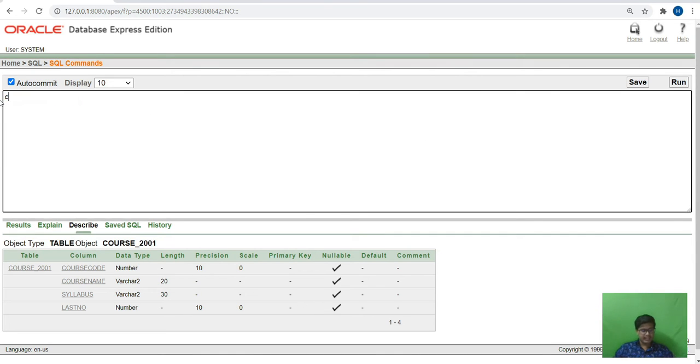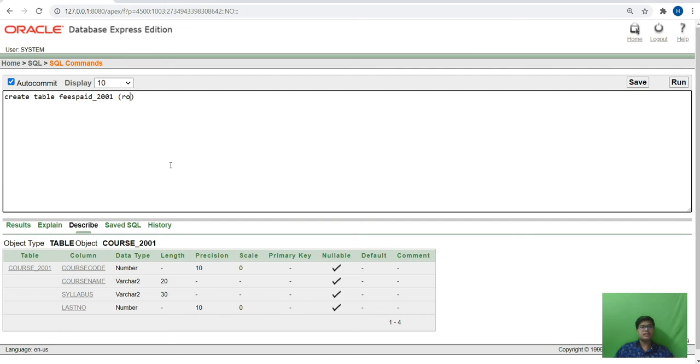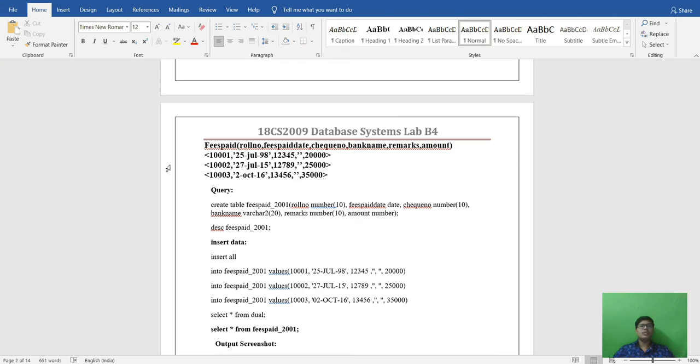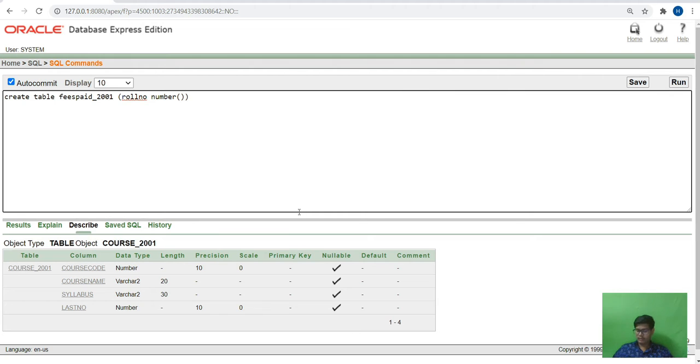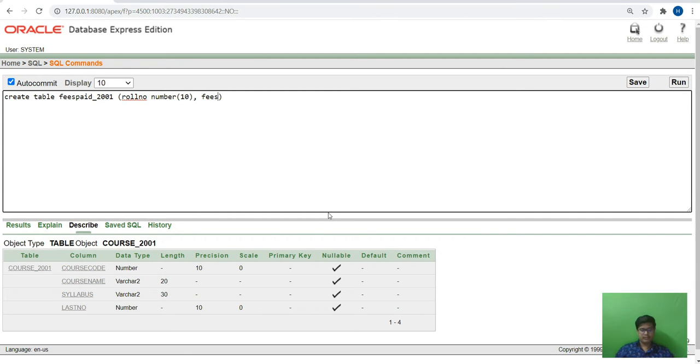So here we will create table fees paid with roll number, number, and then fees paid date.